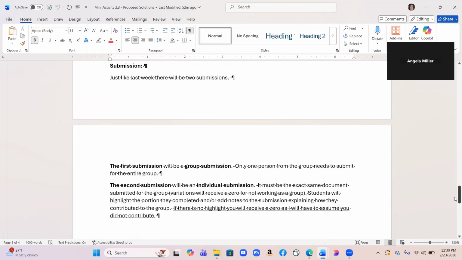So use a color, yellow, something light preferably, and highlight your section so I know what part that you did. Do not just write people's names on the section that they worked on. You need to highlight your section, okay? If there's no highlighting, you will receive a 0, as I'll have to make the assumption that you did not